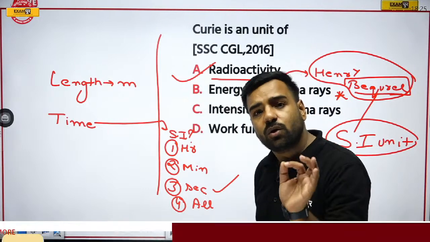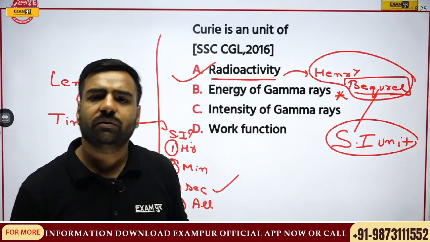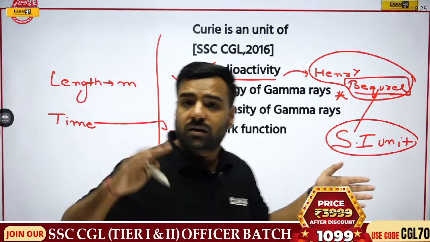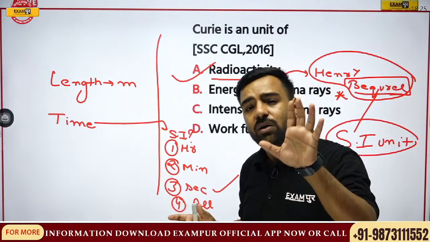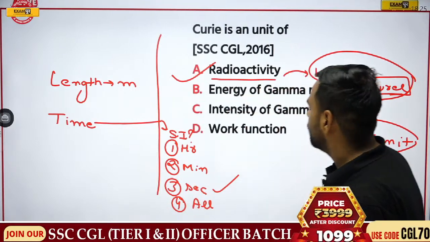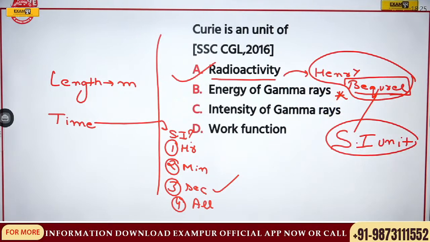Only second. But yes, other units can be many. We know that we can talk about time in many units. But yes, only and only one SI unit will be there, that is second. Great, totally correct. So I guess you got this answer. Now talking about this concept, Curie is a unit of radioactivity, and yes, SI unit is becquerel over here. Next.